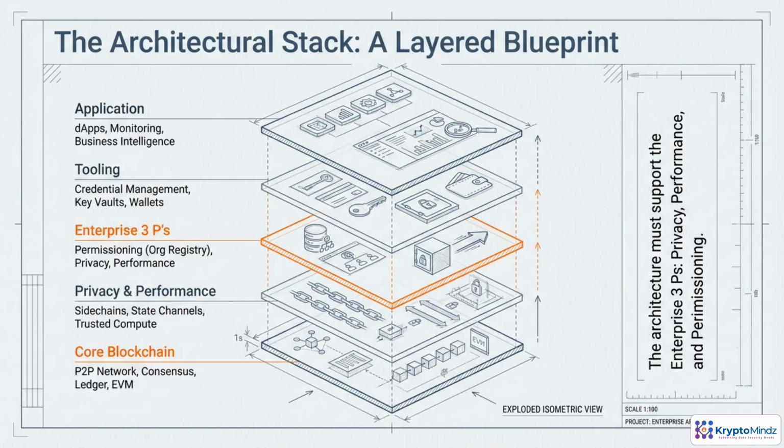To design an enterprise blockchain, think in layers. At the bottom, the core blockchain handles the peer-to-peer network, consensus, and the ledger itself. Above that, a scalability and confidentiality layer adds sidechains, state channels, or trusted compute, so you can grow without exposing sensitive data. The next layer enforces the enterprise 3 Ps: permissioning, privacy, and performance controls like org registries and access